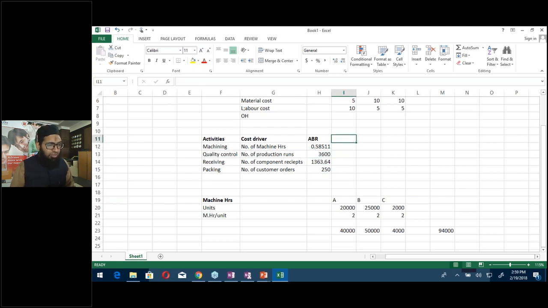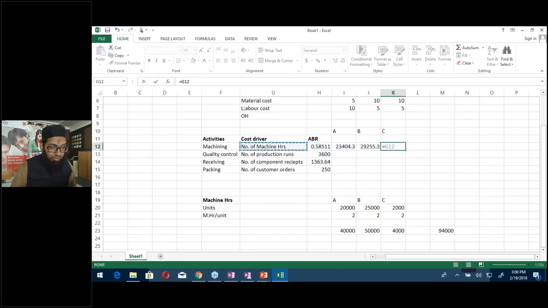Now when I charge to the product, there are three different products. I will get its overheads. So for A, it will be overhead rate multiplied by machine hours. For B, it will be overhead rate multiplied by their machine hours. And for C, it will be